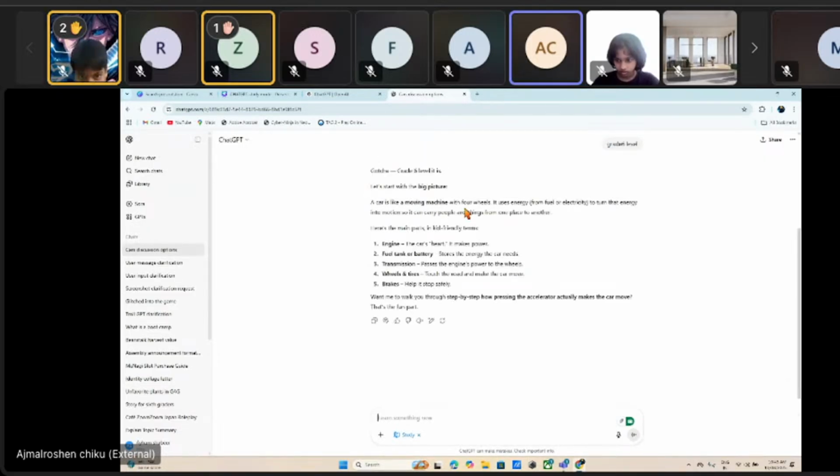It does the grade 6 friendly level, like the engine, the fuel tank or battery, the transmission, wheels, and tires, and brakes. And when I tell it to ask questions,